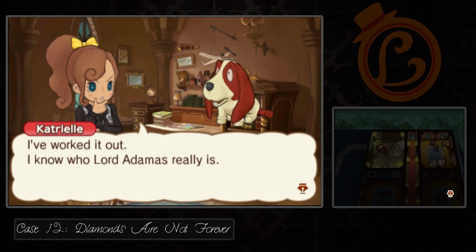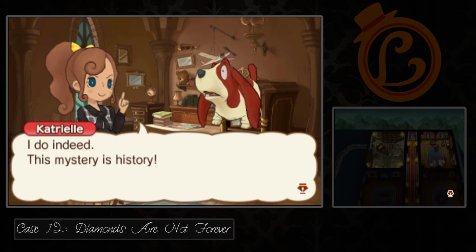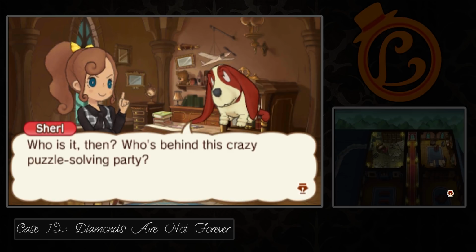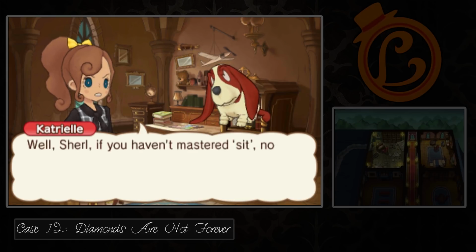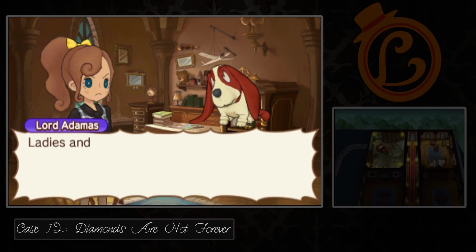I've worked it out. I know who Lord Adamas really is. You do? I do indeed. This mystery's history. Of course, she'll have to say that again when she runs into the other people. This mystery's history! Who is it then? Who's buying this crazy puzzle-solving party? Well, Sherl, if you haven't mastered sit now would be a good time, because the truth is...